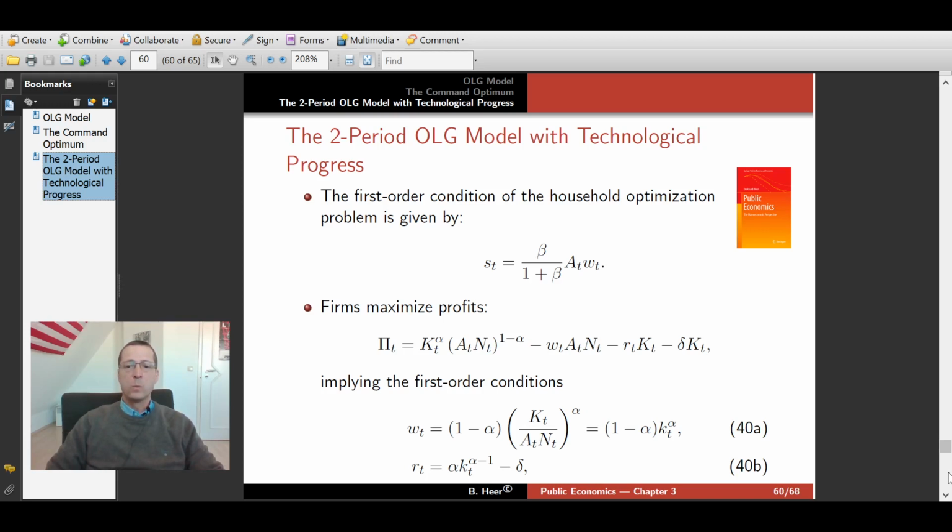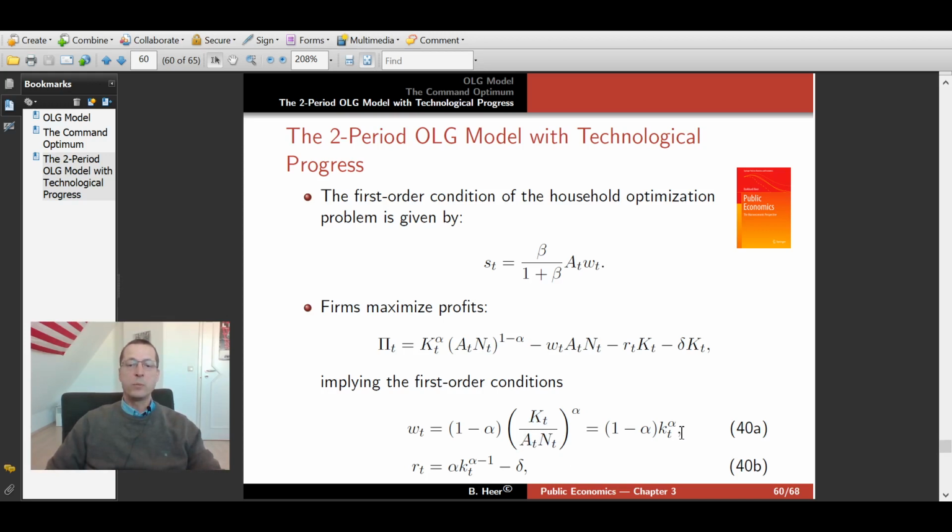And when we define the capital intensity, lowercase k, as uppercase K over A_t N_t, so our k_t, lowercase, is equal to this fraction, uppercase K_t over A_t N_t,